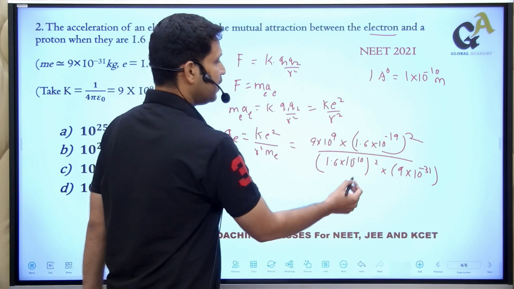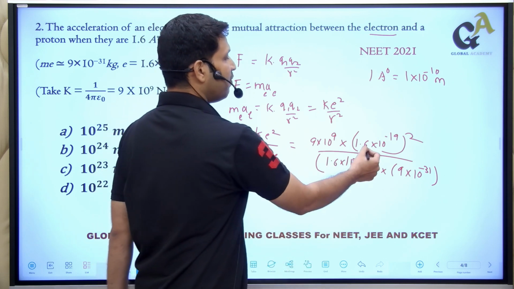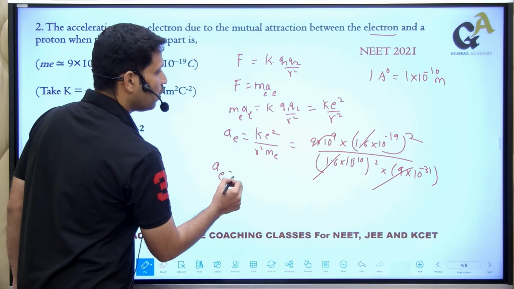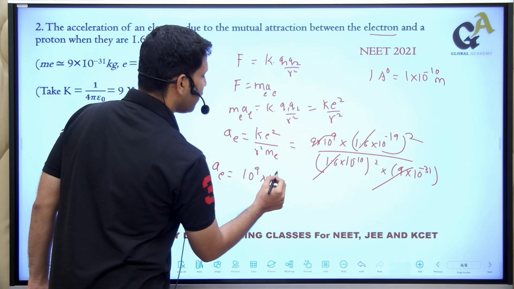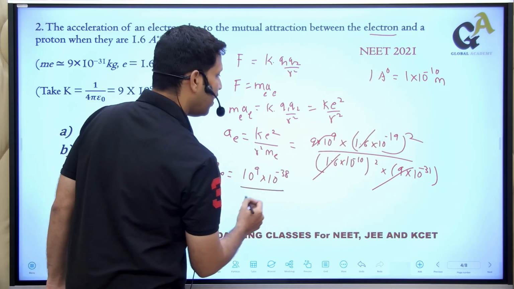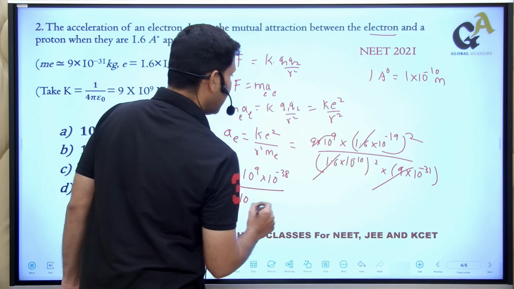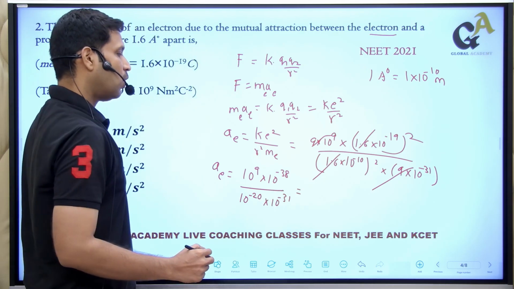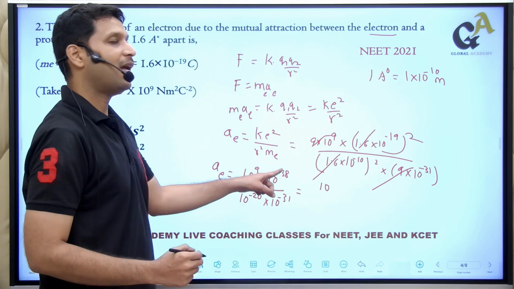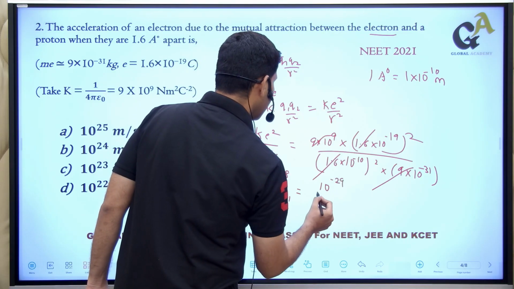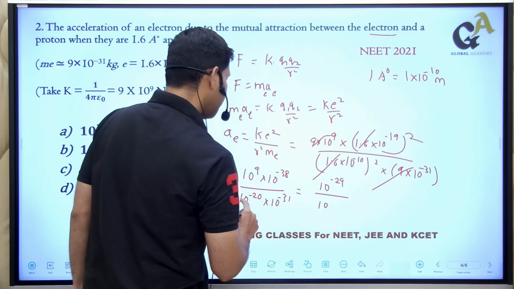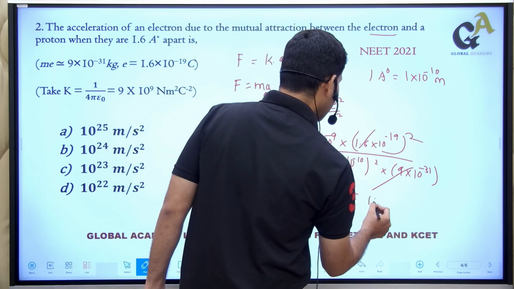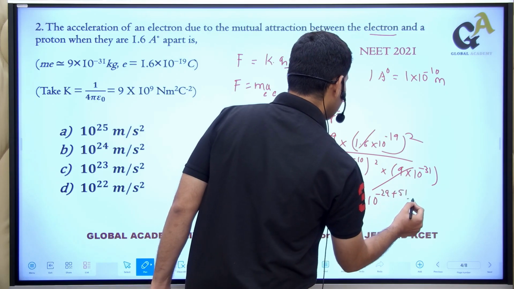So by solving this, here you are having 1.6 the whole square and 1.6 the whole square, which is going to get cancelled, and here 9 and 9 get cancelled. Now on solving this, you will get 10 to the power 9 into 10 to the power minus 19 to the 38, divided by 10 to the power minus 10 to the minus 20 into 10 to the power minus 31. If you solve this, you will get 10 to the power plus 9 minus 38 is minus 29, divided by 10 to the power minus 51. If you solve this, you will get 10 to the power minus 29 plus 51, which is equal to 10 to the power